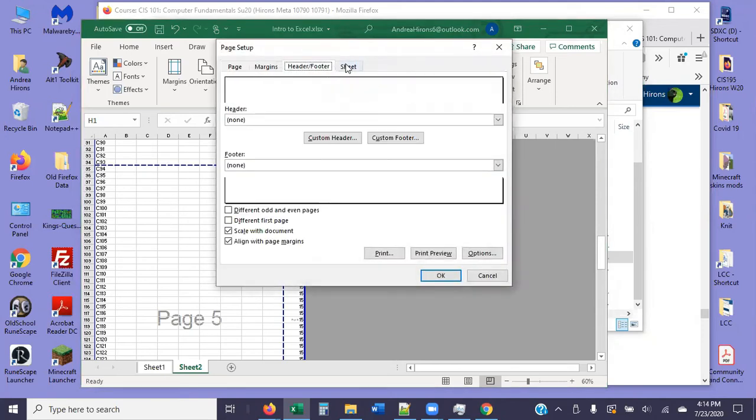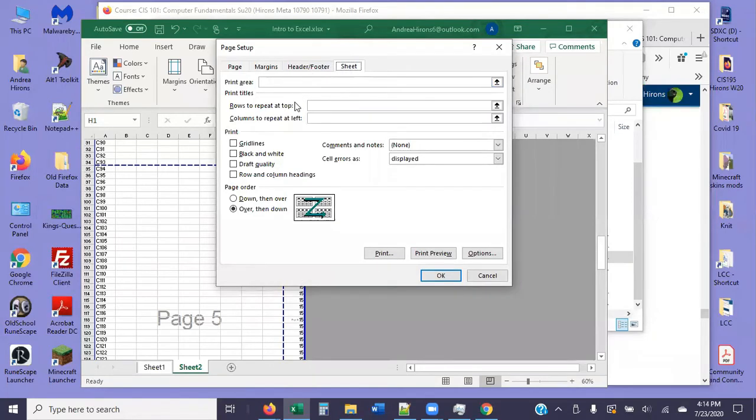And I'm going to say sheet. And I'm going to say rows to repeat at top. And I'm going to click in it. And it's going to ask me to put in some weird formula. I've been doing Excel for probably 3 decades, close to 3 decades. And I do not know what to type in here. And I would refuse to learn it. I refuse to memorize it because, ugh,